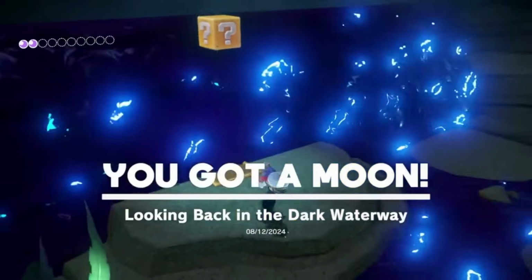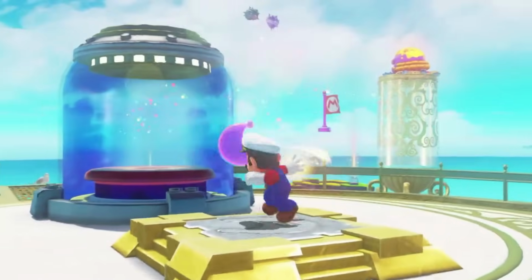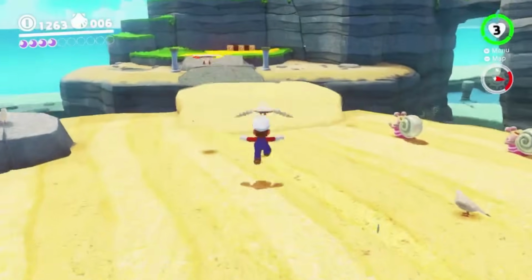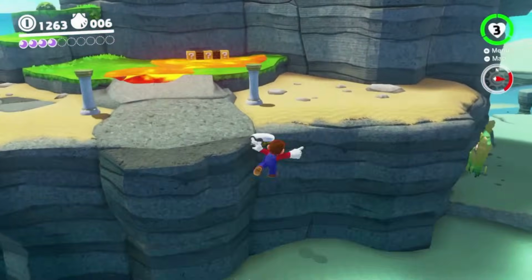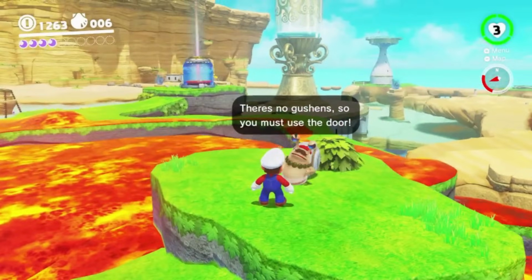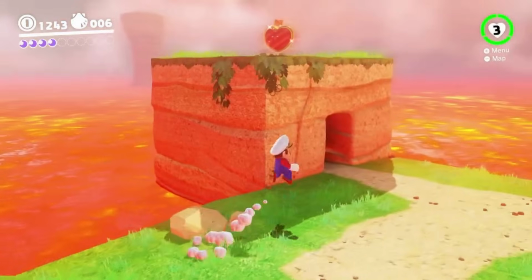That was nice. Okay, so what is the rest of Seaside like? It's definitely something. First, let's go up and grab the Lighthouse Moon, then run over to the Hot Springs Waterless. But there's no gushions to clear the lava. This guy says I have to use the door. So I went in here, and it's just a sub-area. But when I went through again...